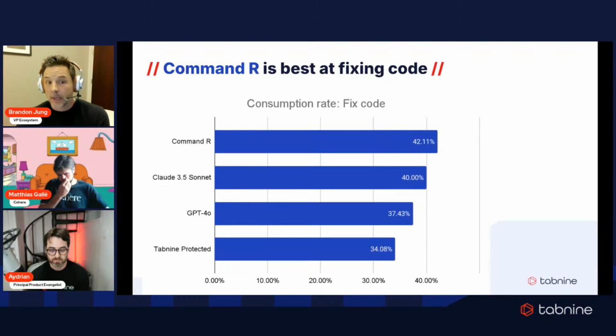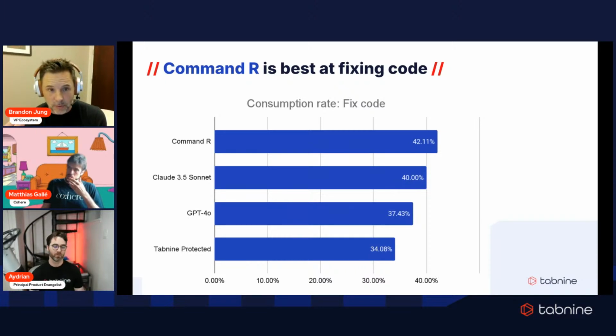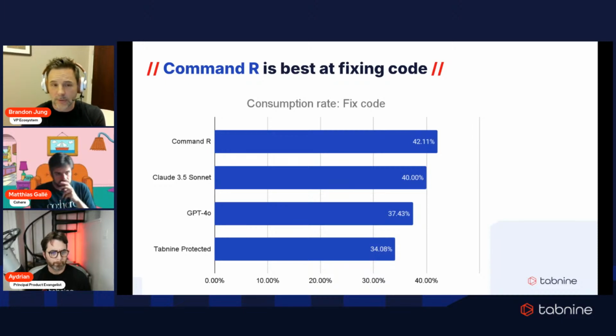So for example, around the use case of fixing code, this is a really good indication when you're asked to fix code. This is just one of the use cases, we can go into many others, but the Command R model is very strong at this. This is a really good example of real world use cases. And for context for everyone on the call, if you use Tabnine Enterprise, you can get this reporting for your team as well. Your team can ask, how much of what we're using is being accepted? This is very fundamental in ensuring that you have a good model that's working well.